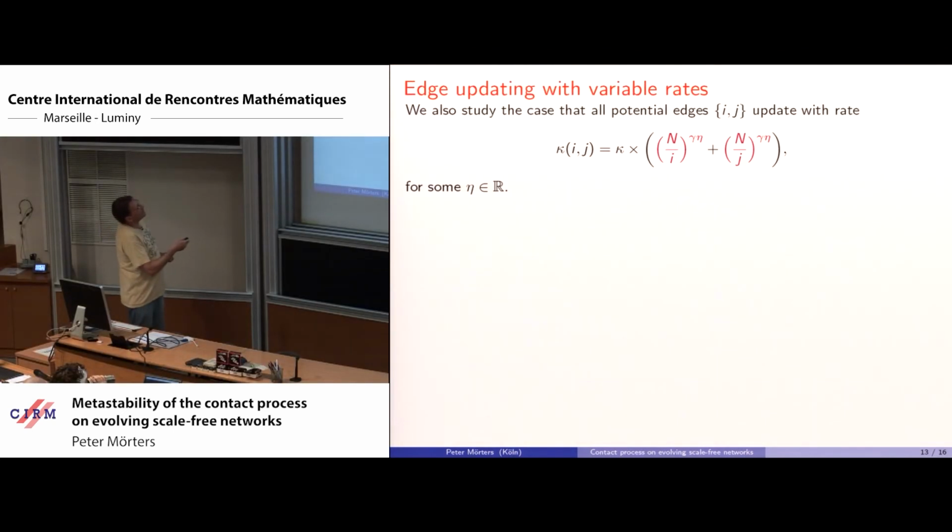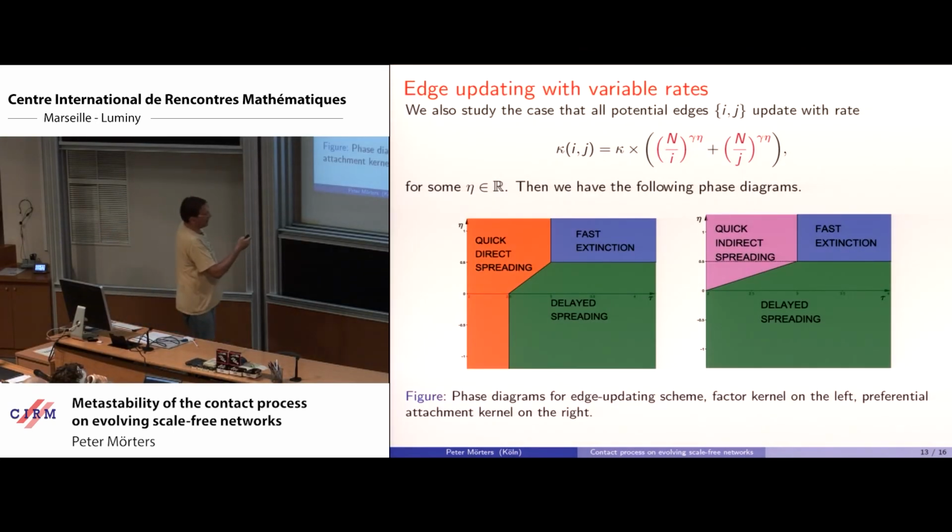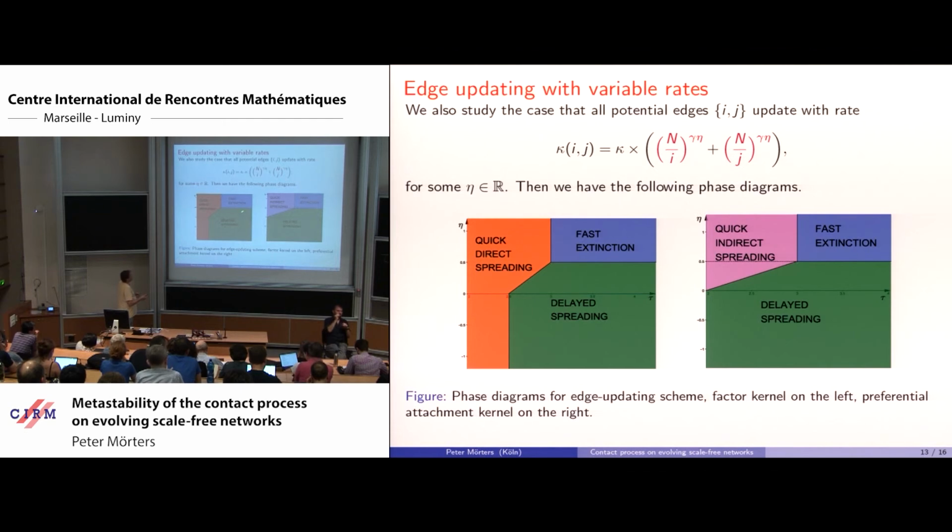And this sanity check also applies in this picture here, where the relevant dynamics is much slower, because what matters are the vertices of big degree, and they can't update all at once. So this delayed spreading phase is rather large here. Again, it stops at eta equals 1/2. And indirect strategies can only succeed in the preferential attachment case. Okay,